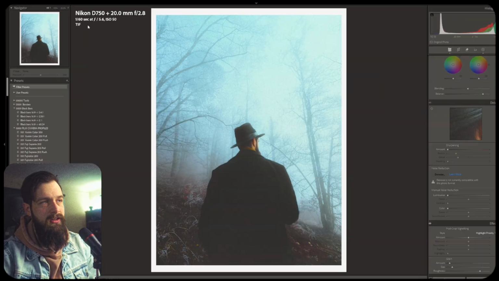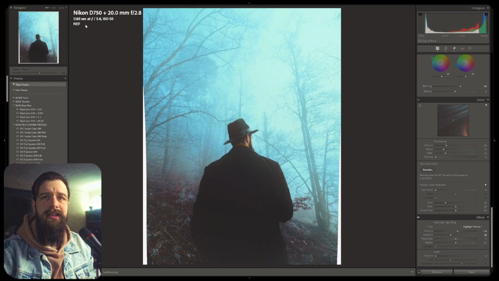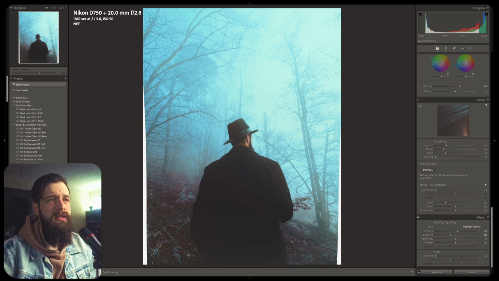This is important because if you do a lot of editing and maybe have multiples of the same file, you'll find yourself wondering, is this an edited file that I sent to Photoshop and back again? Or is this the actual raw file that I can just reset and start the edit from scratch? Now, all I have to do is just glance at that information up there, and I know exactly what file